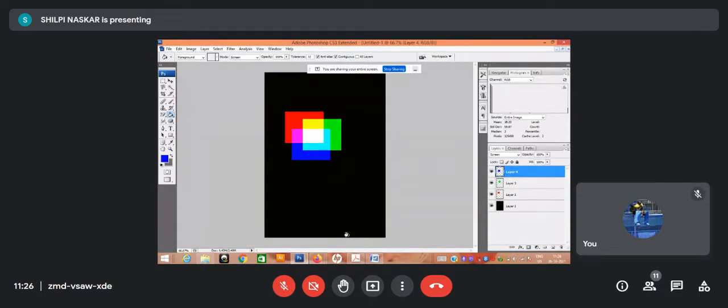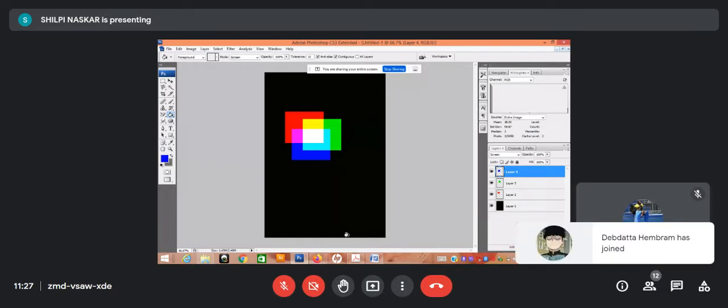Then I have created a new layer, made a shape and filled it with red. Then create a new layer, create a shape and fill it with green. Then make a new layer and create the same kind of shape with blue.